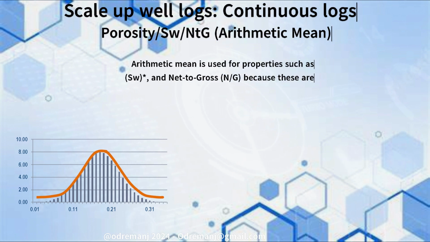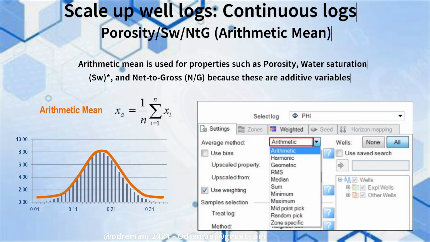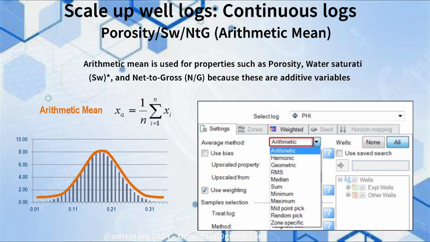Arithmetic mean for porosity, water saturation (SW), and net to gross (NTG). The arithmetic mean is commonly used to upscale properties like porosity, water saturation, and NTG because these are additive variables. However, for water saturation, the arithmetic mean can sometimes be too optimistic, skewing the results. To address this, alternative methods like the median or midpoint pick may provide a better match to the original distribution